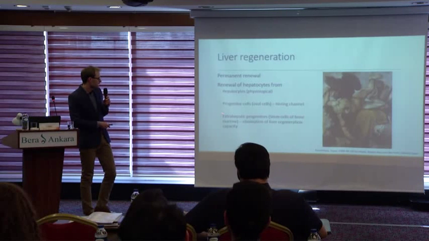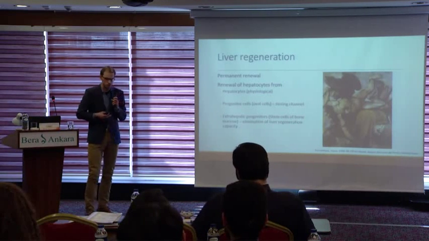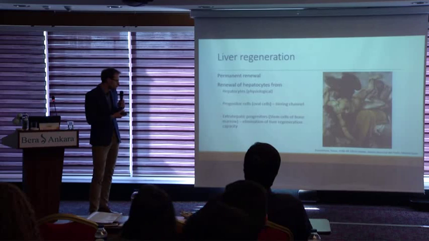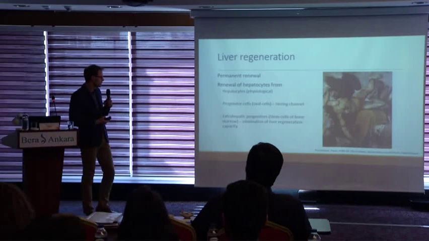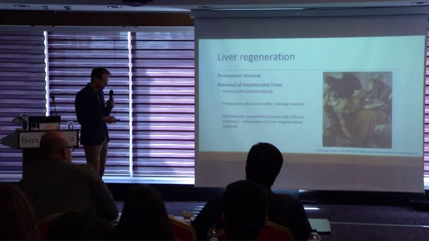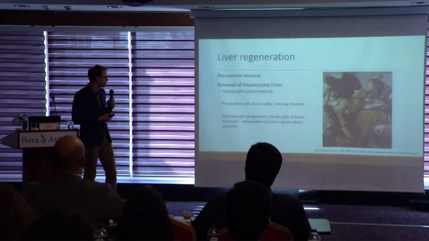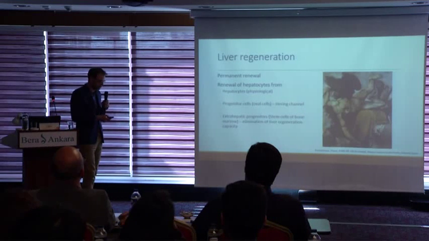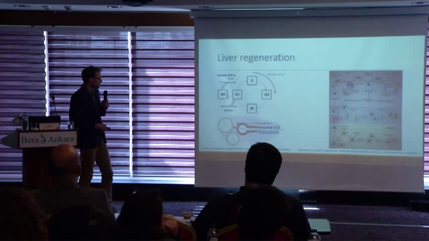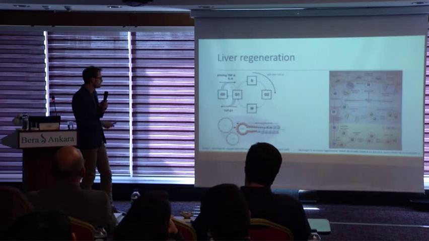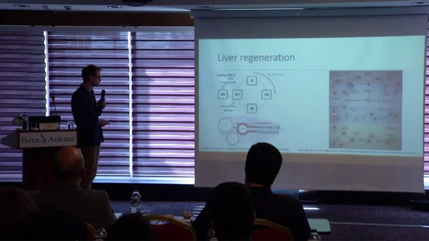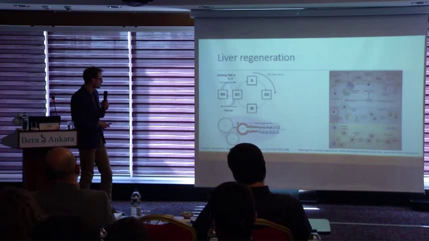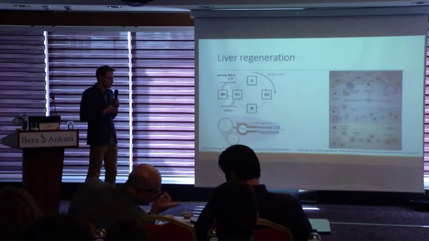And third are the extrahepatic progenitor cells. These are usually stem cells from the bone marrow that are used in the situation of large liver damage, when the capability of the liver is not able to reconstruct and renew the liver tissue. So here we can see the hepatocyte cell cycle. Normally, hepatocytes are in G0, the quiet phase of the cell cycle, and after some stimulus, some injury, for example,